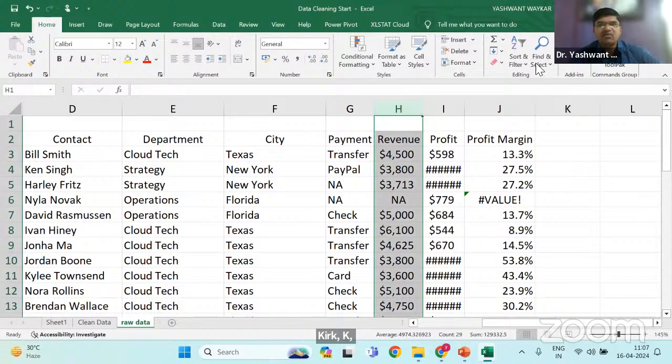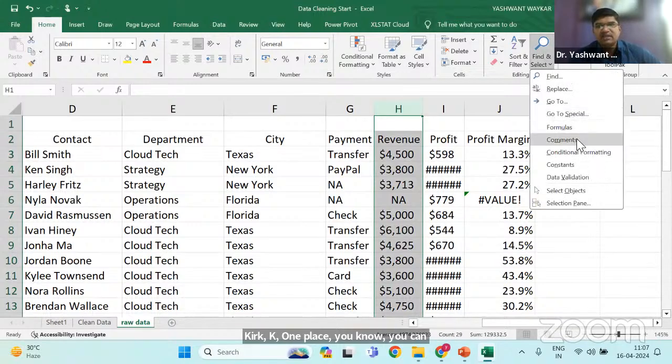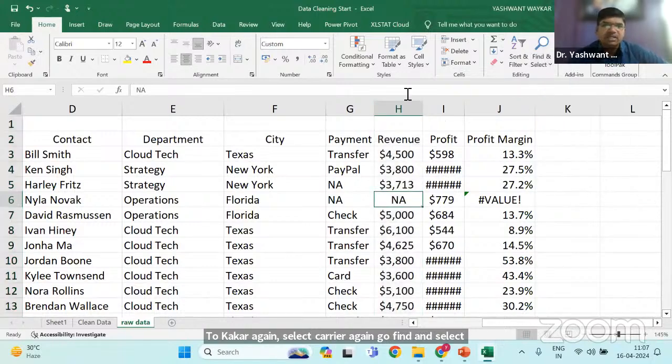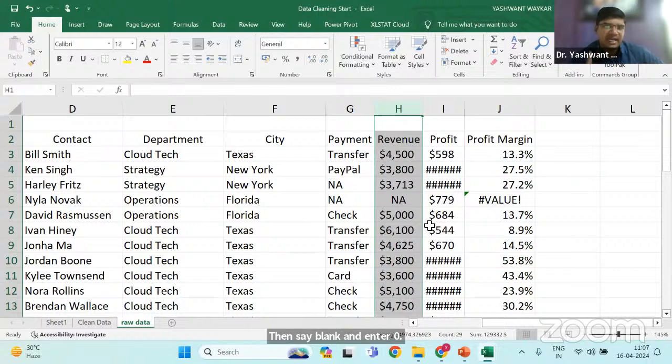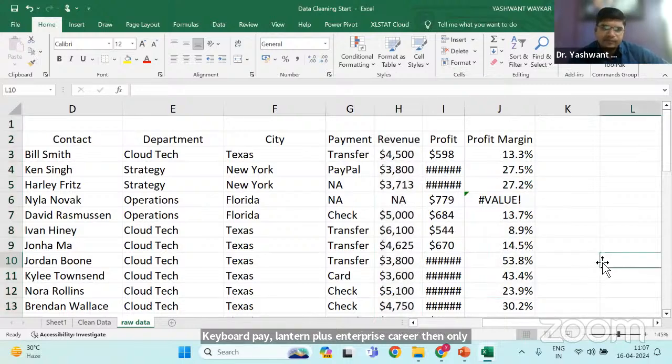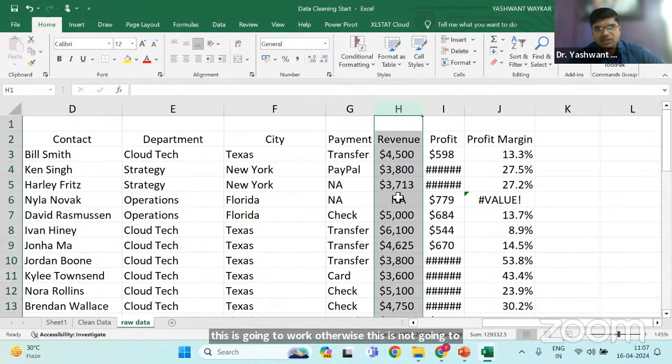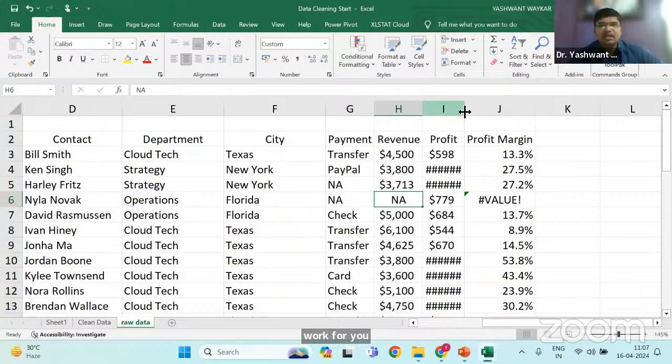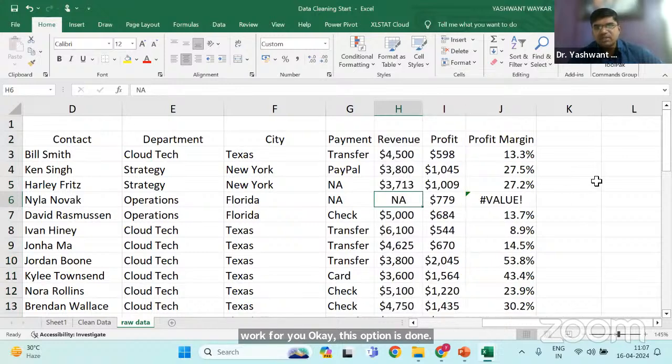सेलेक्ट करिए, अगेन गो फाइंड एंड सेलेक्ट, से गो टू स्पेशल, फिर ब्लैंक, अगर ये ब्लैंक होना चाहिए ऑब्वियसली, देन से ब्लैंक एंड इंटर 0, क्लिक कंट्रोल प्लस इंटर। एट द एंड यू आर सपोज टू क्लिक कंट्रोल प्लस इंटर, कीबोर्ड पे कंट्रोल प्लस इंटर प्रेस करिए, देन ओनली दिस इज गोइंग टू वर्क, अदरवाइज दिस इज नॉट गोइंग टू वर्क फॉर यू। ठीक है, दिस ऑप्शन इज डन। चलिए ये वाला तो इजीली सॉल्व हो जाएगा आपका।